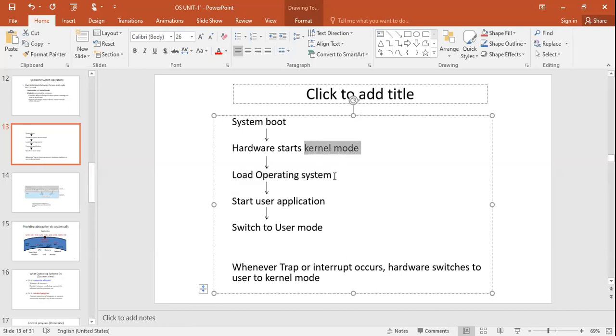That means all the instructions are executed by the operating system. Of course, user instructions are also executed by the operating system. Now here you are able to differentiate these two. Once it is loaded, the user starts executing instructions. For example, if I try to open a Word document, I click on the desktop and open a new Word document, and I start typing something. If I click on the save button, it will be saved in the disk or the place which you have selected. It will be permanent.